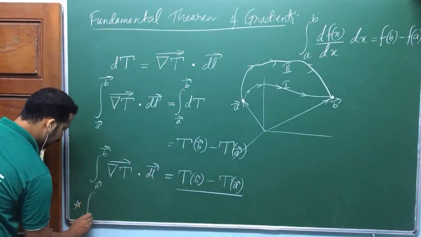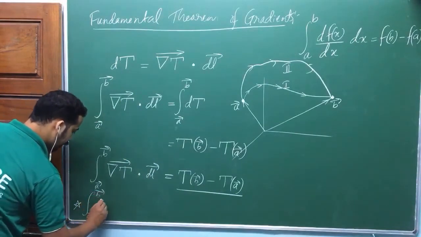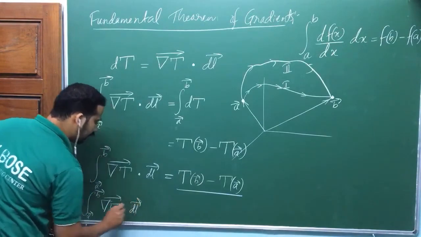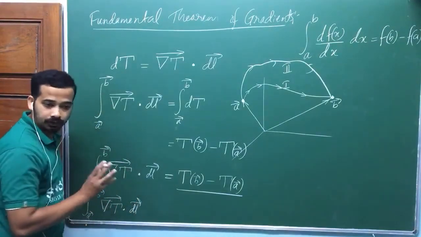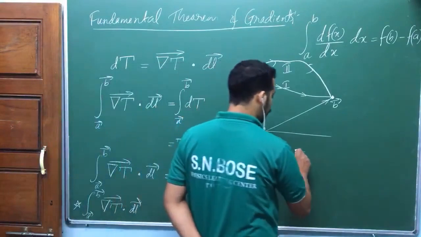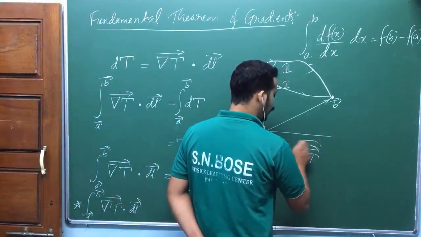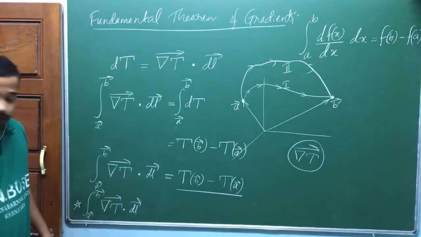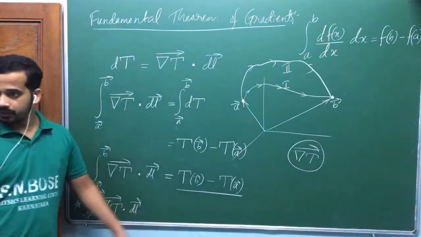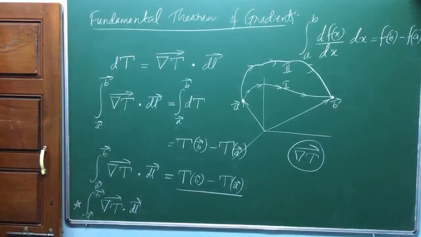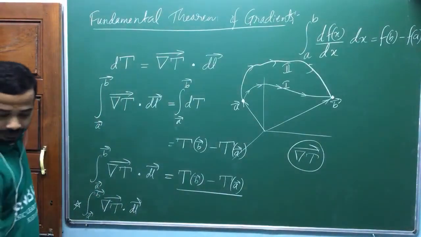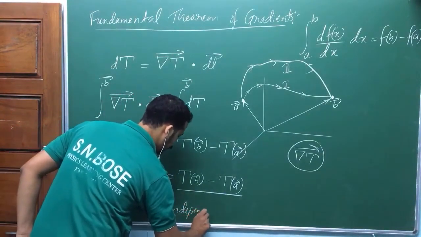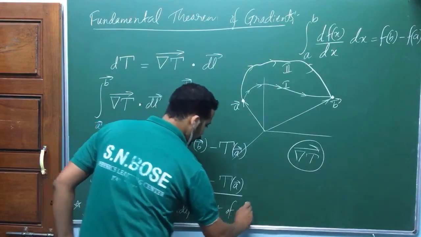So this integral from A to B of del T dot dl, okay? This gradient of any scalar field, I told this one yesterday, am I right? Gradient of any scalar field is a special class of vector field, whose line integral is always independent of the path. So can you note down that one? That's a very important point. Whose line integral is independent of the path